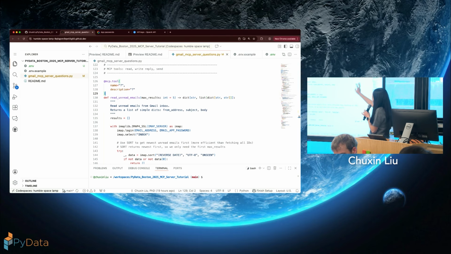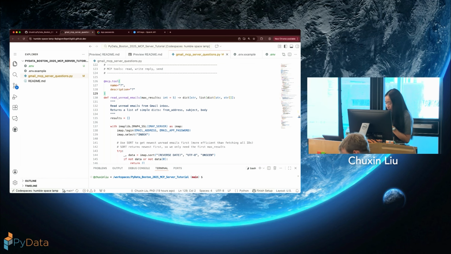So for simplicity, these two things can be the same, but in reality, maybe you want to put certain things into your decorator for the LLM to read, but then in your function, you want to put something else for your developers to read. So that would be a use case when you don't have the same thing.